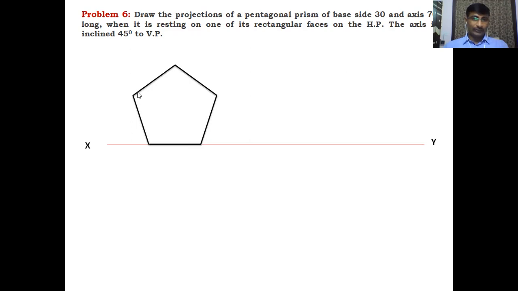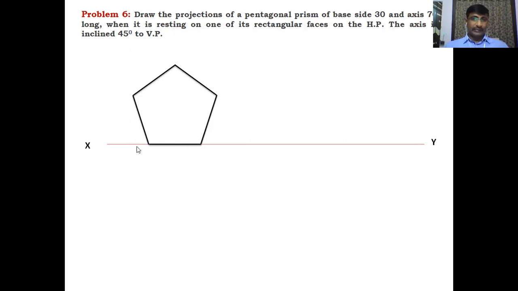After getting the 5th point, join it with these points. These are the lines which will be at an angle of 108 degrees. Otherwise, you can draw a 108 degree inclined line of 30 mm length from this line, and also draw an inclined line at 108 degrees with the other line, with length 30 mm. Automatically they intersect at the 5th point. Join that 5th point with the 4th and 3rd points. We will get the pentagon like this, with one of the base edges on the XY line.